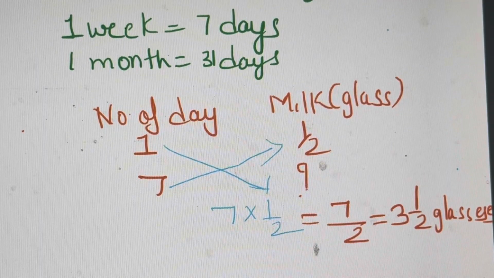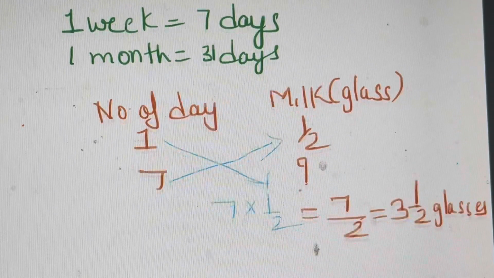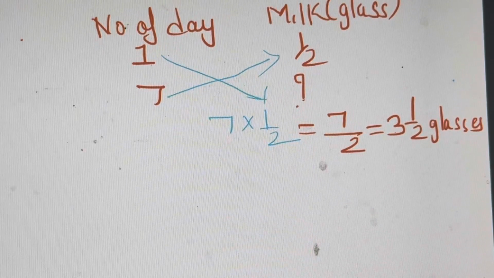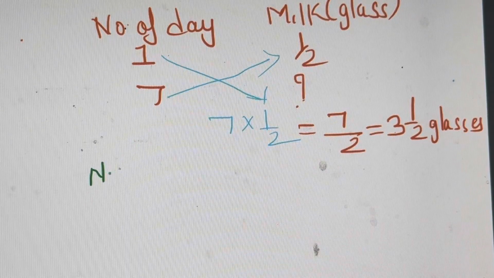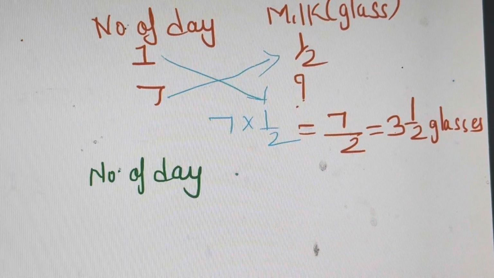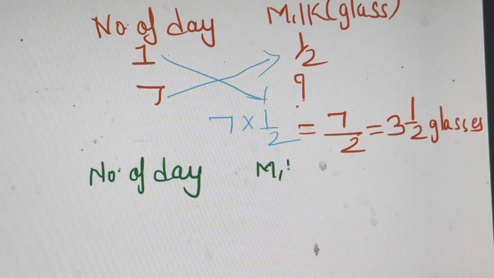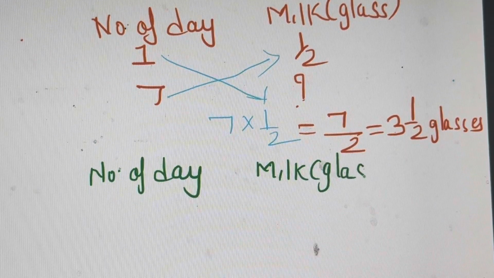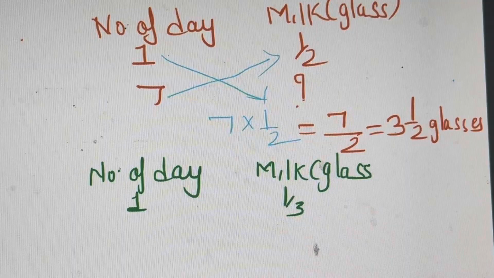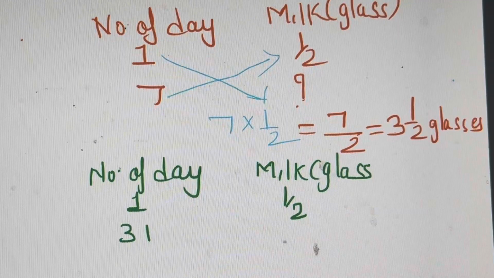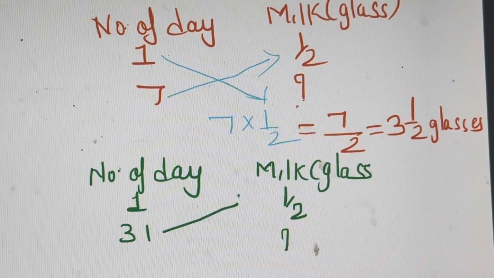Okay. Now they have also asked for 31 days, right? That is 1 month. So again, we write down the same keywords. So number of days and glass of milk. So 1 day is half a glass. Half a glass. So 31 days means how much? Now you have understood that we are supposed to multiply, right? So when we do cross multiplication,